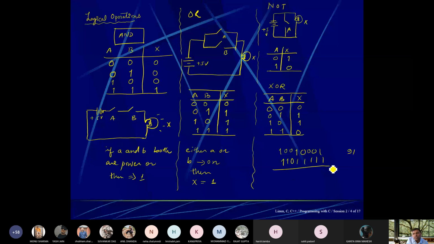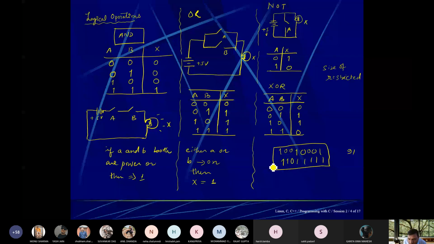In C language the size of any data type is restricted, which means if 8 bits are written, it will always be 8 bits. If we make the AND of these two numbers, 1 and 1 is 1, 1 and 0 is 0, 0 and 1 is 0, 1 and 1 is 1, 0 and 0 is 0, 0 and 1 is 0, and 1 and 1 is 1.